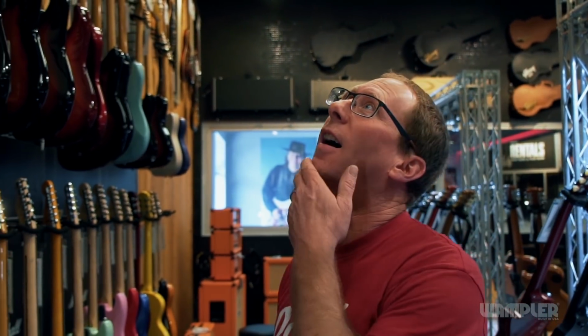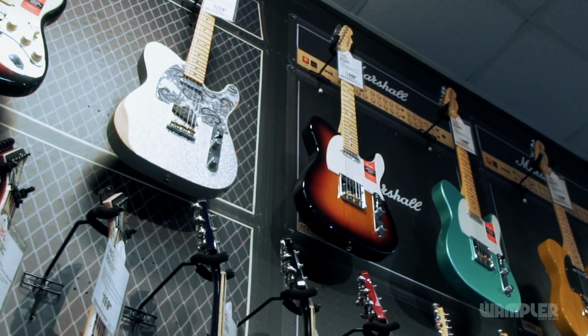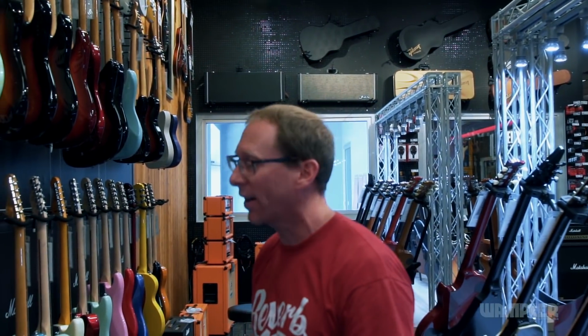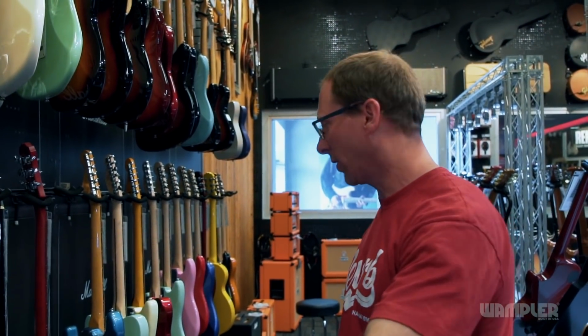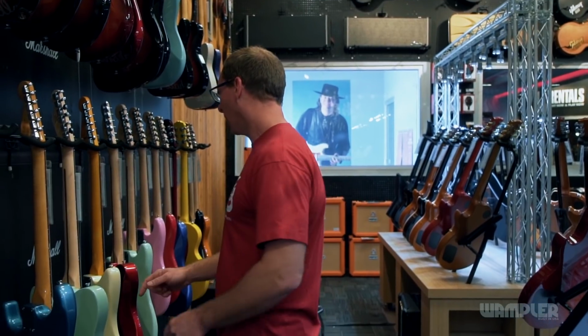Now ordinarily, I would be looking up here, looking at that Paisley, and probably salivating pretty hardcore on that. But I would not consider 1,200 bucks necessarily a budget price guitar. I love the Les Paul stuff, and I think the Telecaster is one of those things that's great at a lot of things. You can get a Strat-y, sort of throaty sound, or you can get a more meaty sort of sound from the bridge pickup, and maybe roll the tone back a little bit. So it's probably, as you know, my all-time favorite guitar. I would probably,